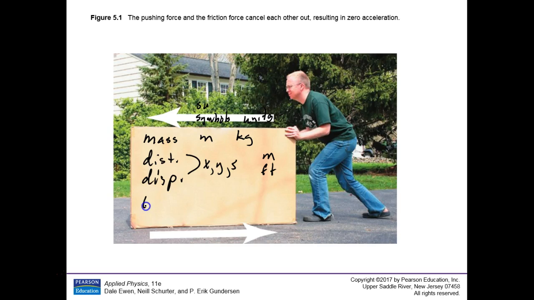Okay, and then we have time. That's what we're measuring. The symbol for time is little t. Don't put capital T. Capital T will be temperature, though we probably won't do too much with that. Little t is time, and that's usually measured in seconds, in both the SI units and the U.S. customary units. Time is universal. Seconds is the unit.